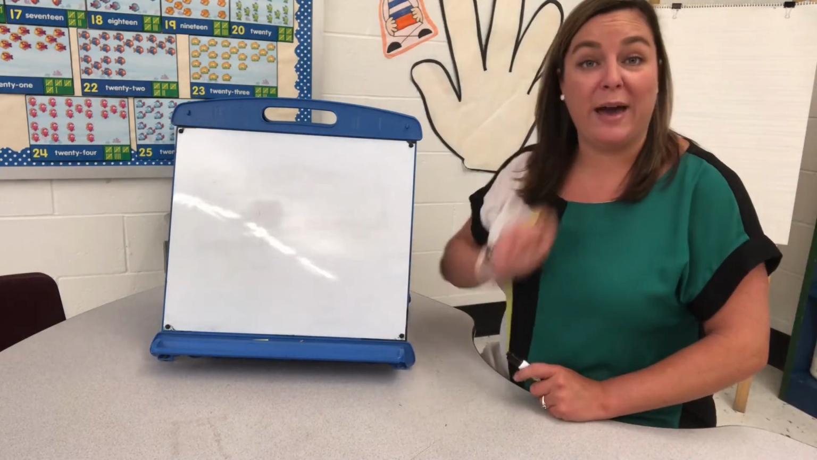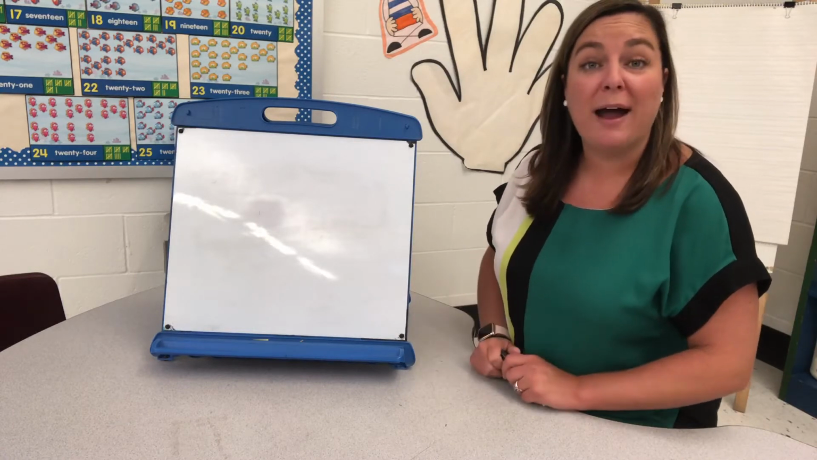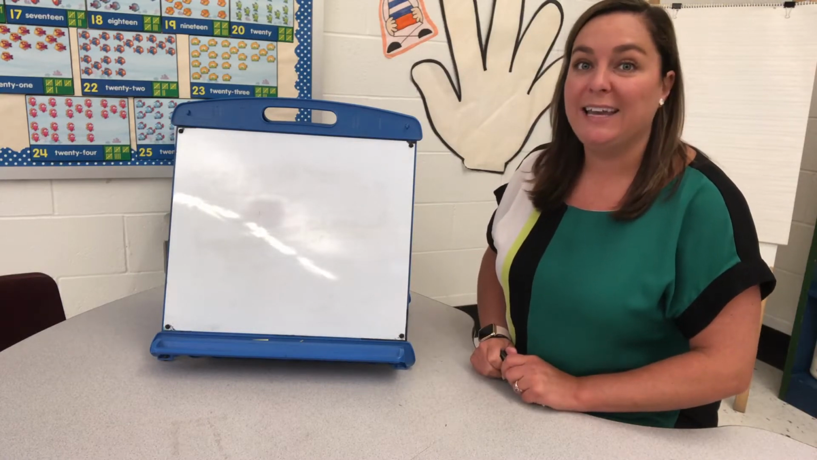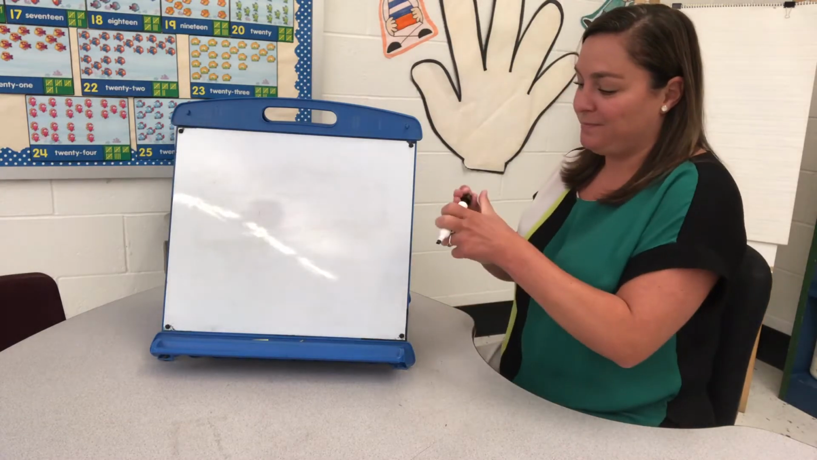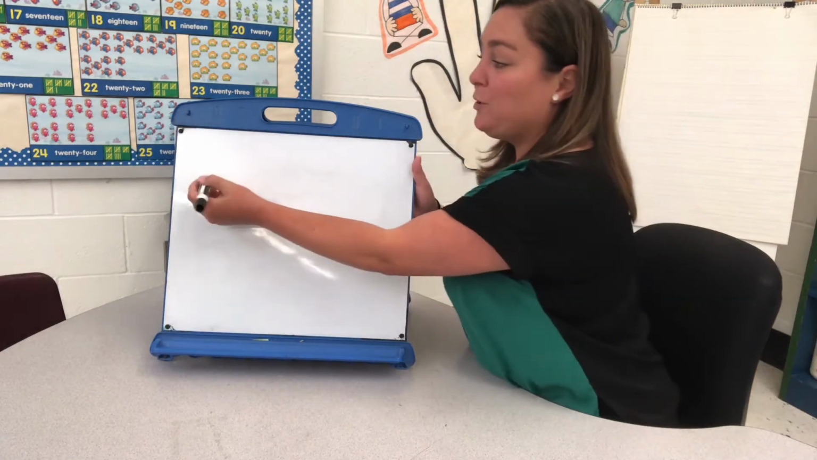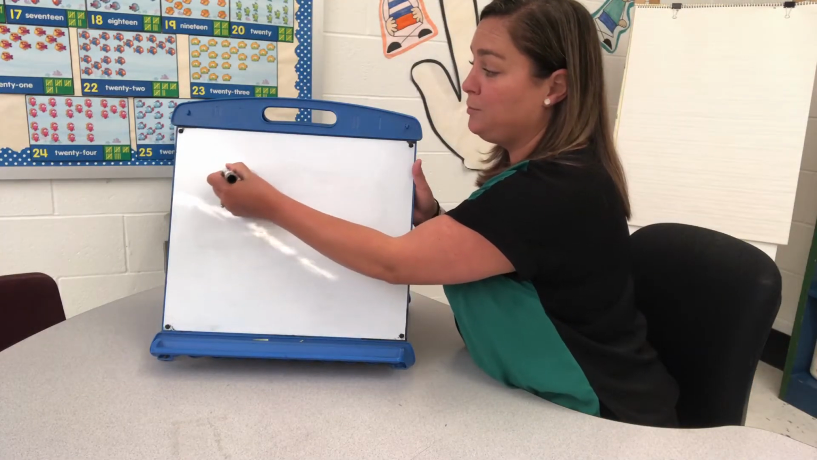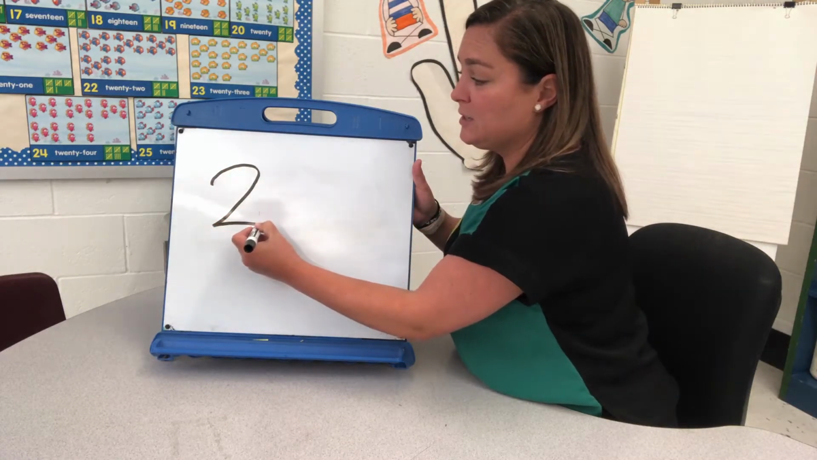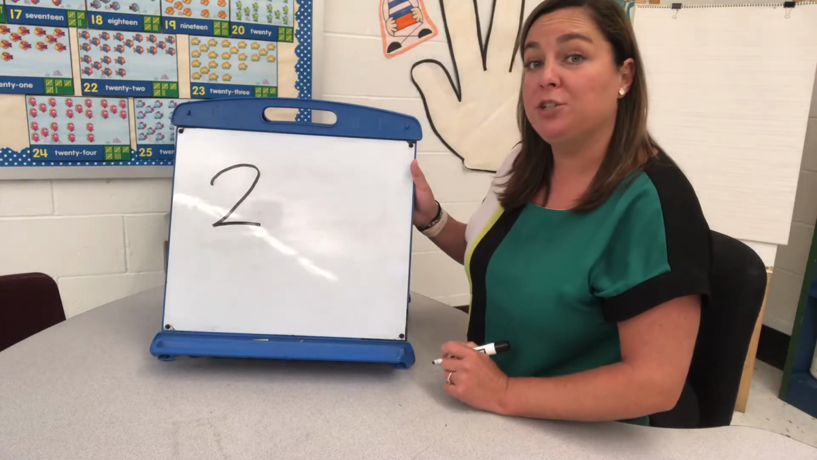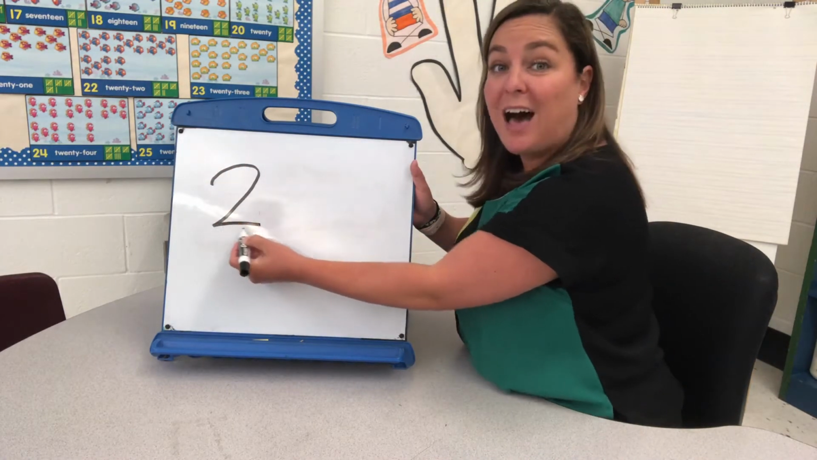There are 2 ways to write the number 2. The first way is by writing the number. Let's see how we form the number 2. When we write the number 2, we start at the top and we say, whoops, sliding, whoops. When we form our number 2, we notice that it curves at the top and then it slides to the